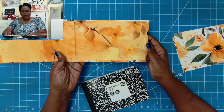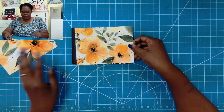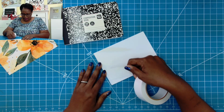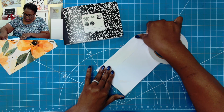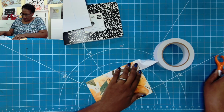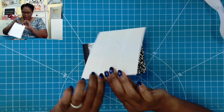All right, so now that we have the jacket made, we're going to go ahead and cover the composition book, or the half-size composition book. And I have 2 pieces that I have cut down to 7 by 5. And we're just going to put them on like this. So I am just going to take some tape, and we're going to put tape on the back of both pieces. And once we have the tape on, we're going to remove the tape backers and we will add these to the covers. All right, so I have removed my tape backers from both the front and the back, and